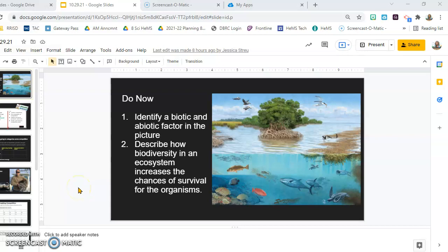Hello, today your do now is identify a biotic and abiotic factor in the picture. Then describe how biodiversity in an ecosystem increases the chances of survival for that organism. As we move forward,